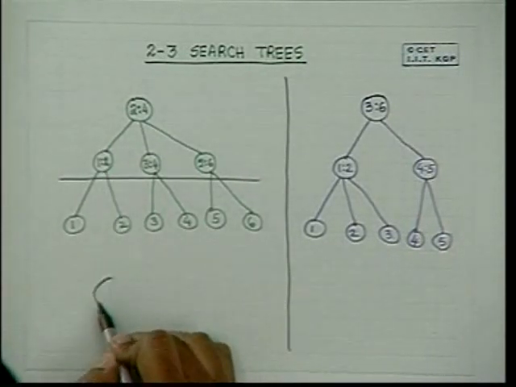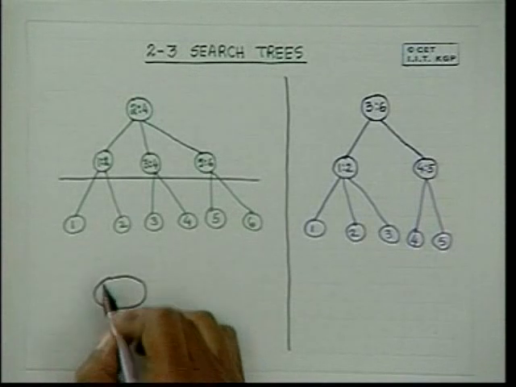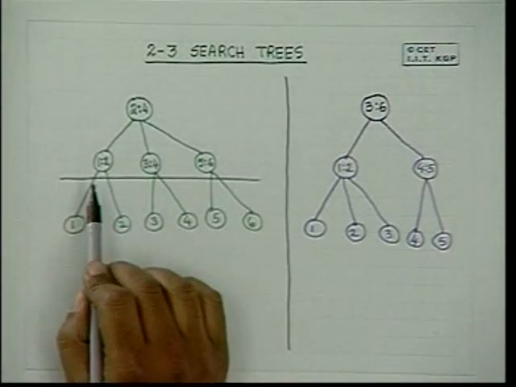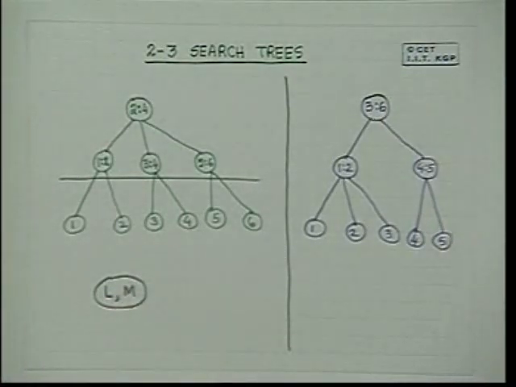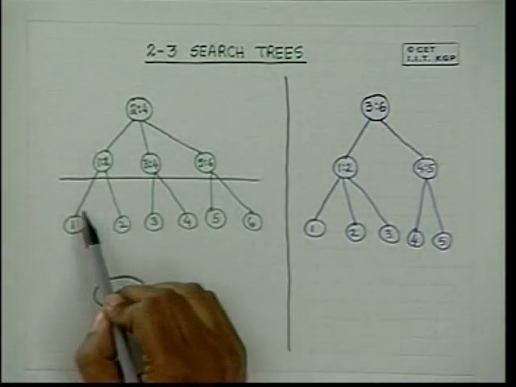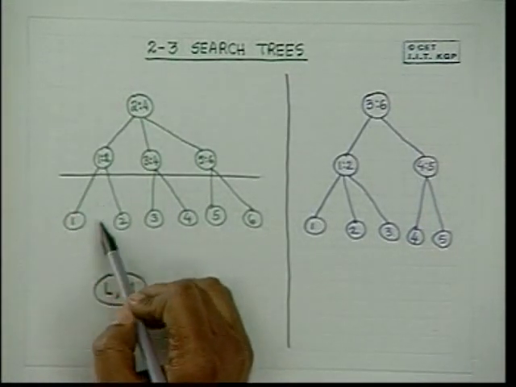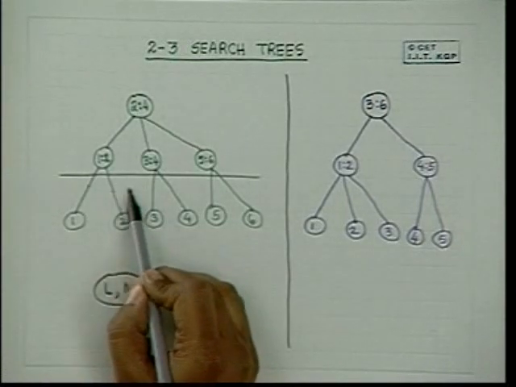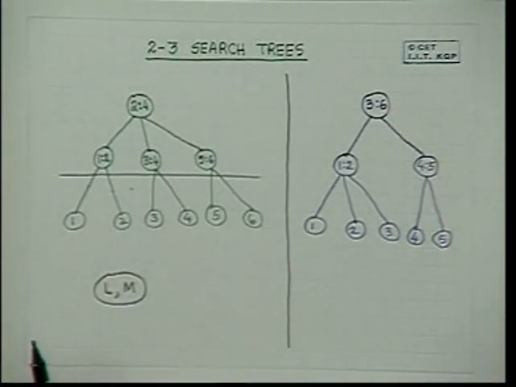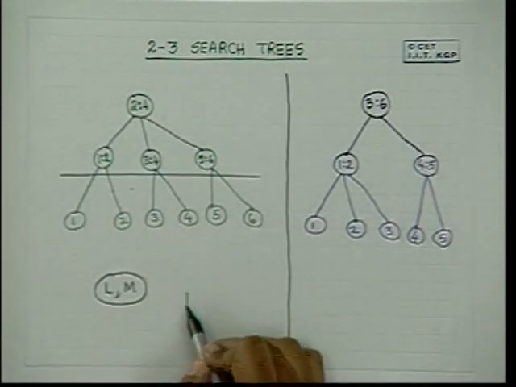At every internal node, let us say for the time being, we have got 2 values. In the classical 2-3 tree, there are 2 values. One is called the L value, one is called the M value. The L value is the largest leaf node on the left. So, there is a left, there is a middle, there is a right. So, the structure of a node is like this.